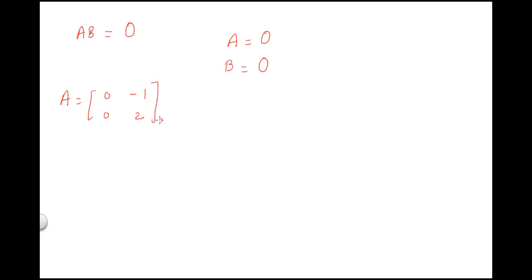So it's a 2 cross 2 matrix. Another matrix is B, which has the elements as 3, 5, 0, 0. So it will also have 2 cross 2 order. So yes, it is possible to multiply them, because they both have the same order. Square matrices of the same order you can multiply.